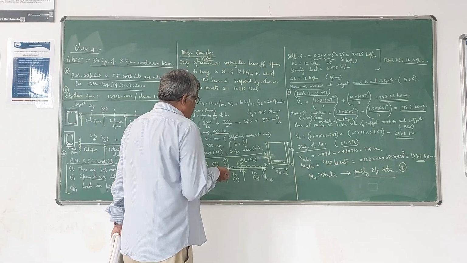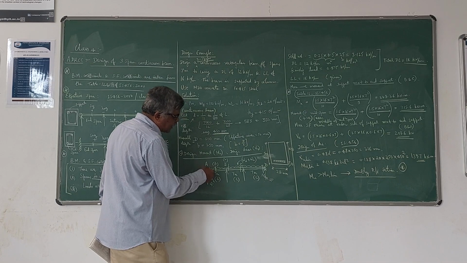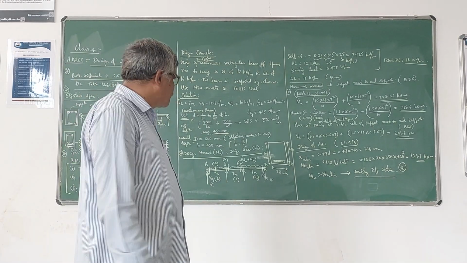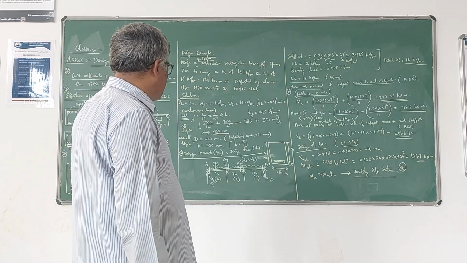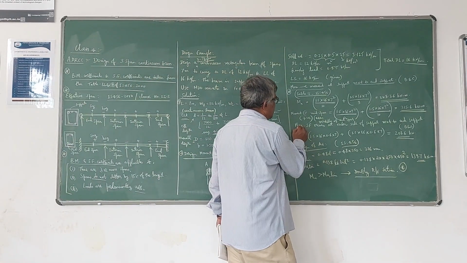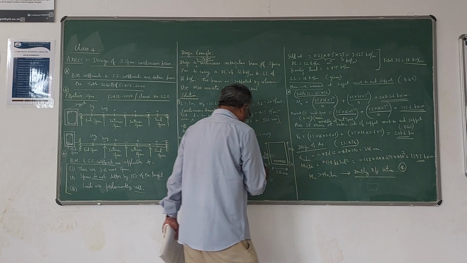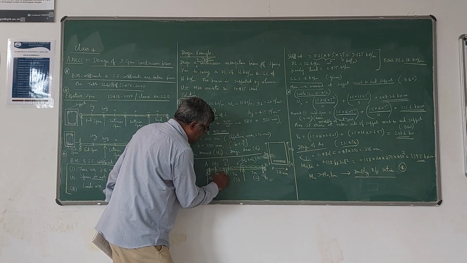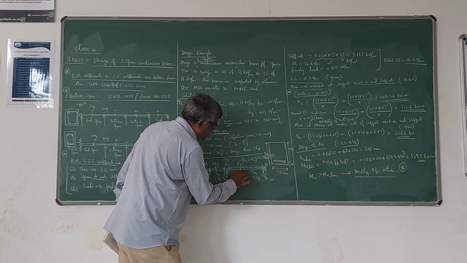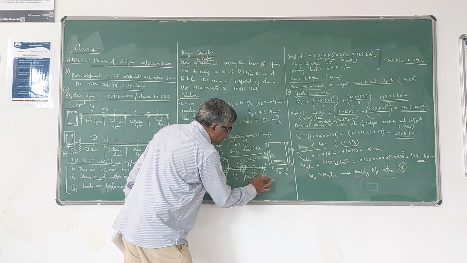Next, maximum shear force occurs at the outer edge next to the end supports. That means here or here. So these are the things we have to consider. Maximum shear force occurs at the outer side of the support next to the end support. It is not this one, sorry, it is this one here. Please understand the words used. It is not here, it is here.